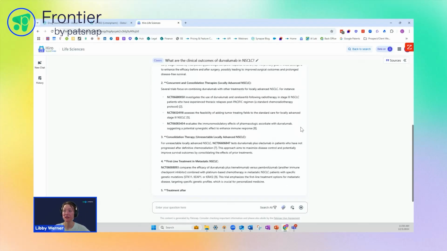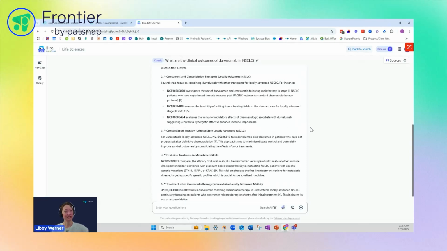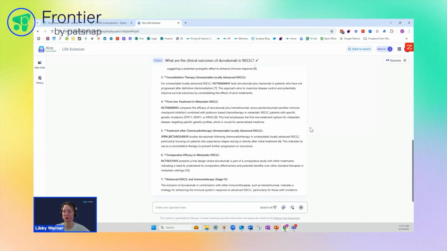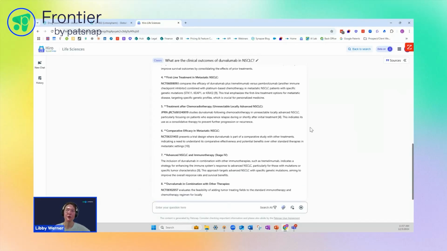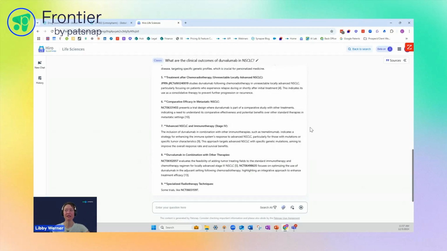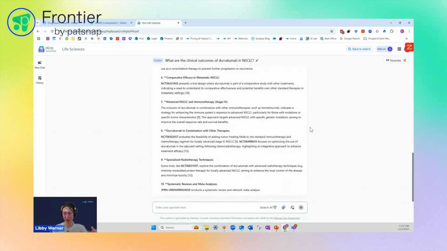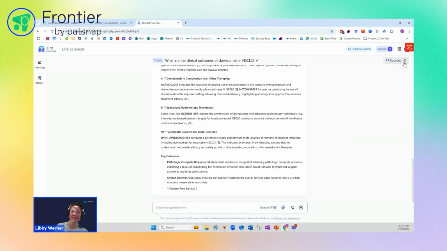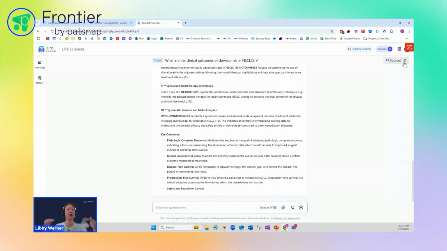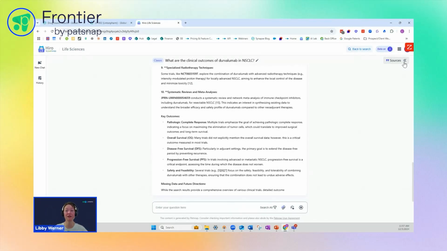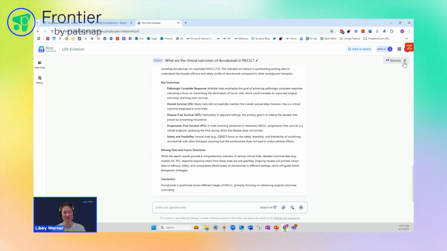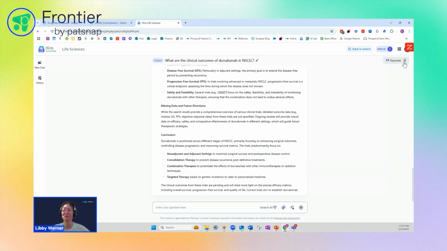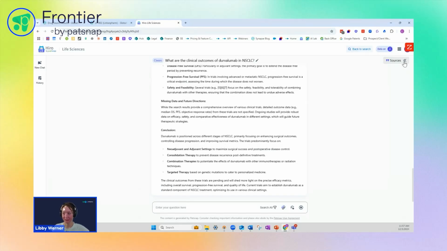But in any case, here Hiro goes, giving us a good point of entry to whatever topic is foremost on our minds. And once Hiro has gone through an initial answer to our question, you'll be able to click up here once the answer is finished generating to see all the sources that Hiro pulled from in order to generate this answer, because as I mentioned earlier, of course, knowing where data came from is very important. Once Hiro is done,